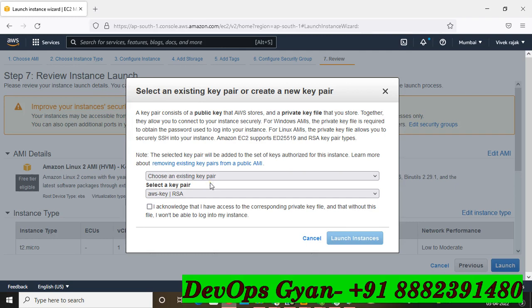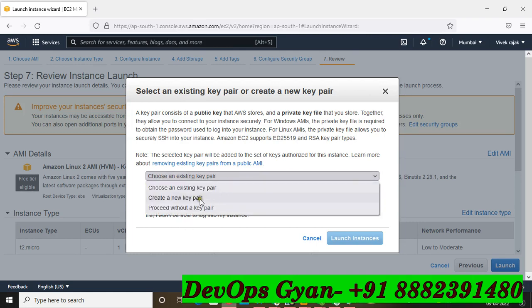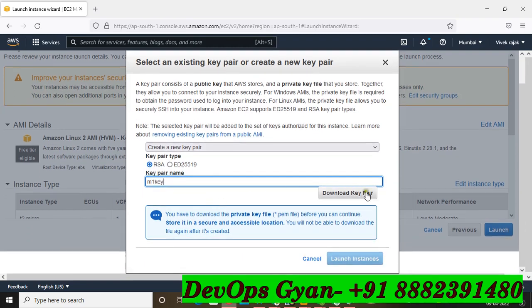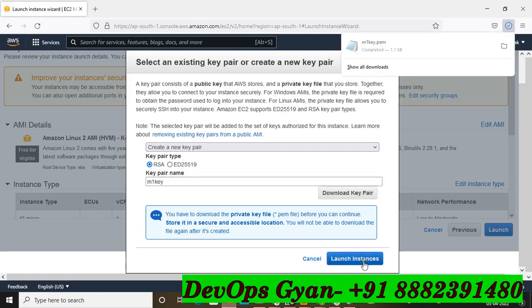Friends, here you require a key. Suppose you do not download your key, then you cannot access your machine, right? So make sure the key is very important. So I am going to select a new key, and the key type here is RSA. There is also another encrypted form, but it recommends RSA, it is secure. So here I am going to write M1 key,